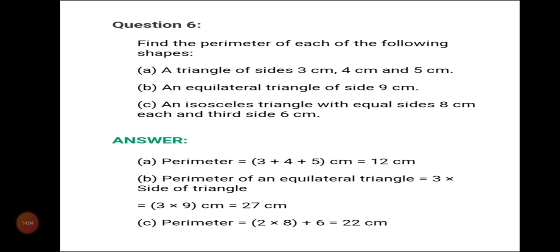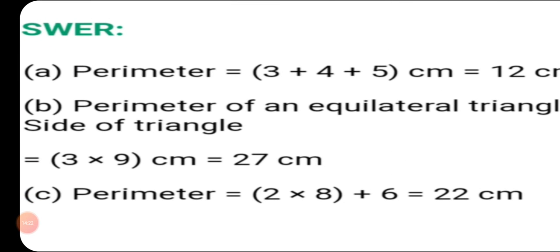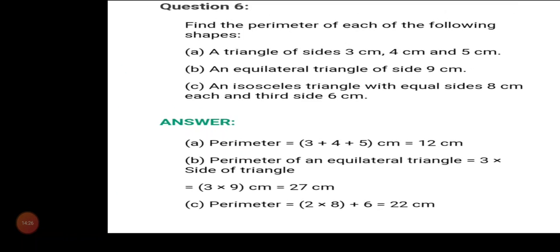An equilateral triangle of side 9 centimeter each. So equilateral triangle means all the 3 sides are equal. An isosceles triangle with equal sides 8 centimeter each and third side 6 centimeter. So dear students, we need to find out the perimeter of these triangles. So to find the perimeter, we have to take the sum of all the 3 sides. So by taking the sum, you can get the